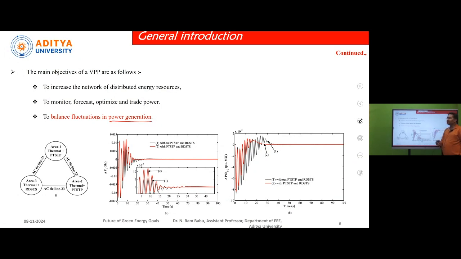So, like in the previous class, we have discussed the automatic generation control system. In the automatic generation control system, the main objective of AGC is to maintain the system in stable condition in such a way that the system values such as deviation in frequency delta F and deviation in tie-line power delta P tie should vary within the nominal values. For example, the frequency in the Indian standard is 50 Hz, whereas in European countries the frequency is 60 Hz.